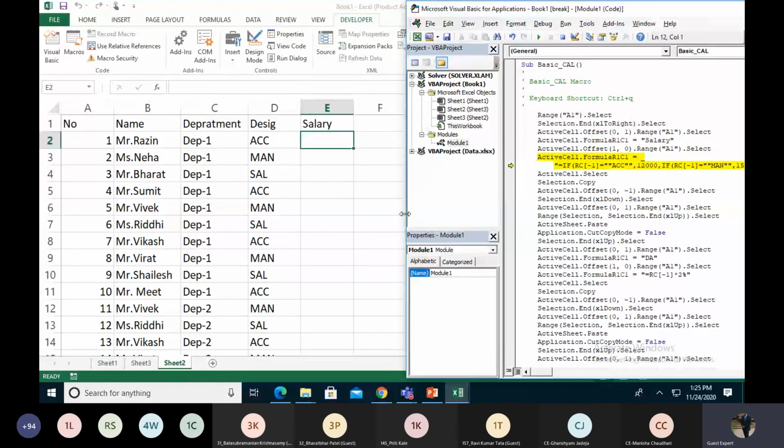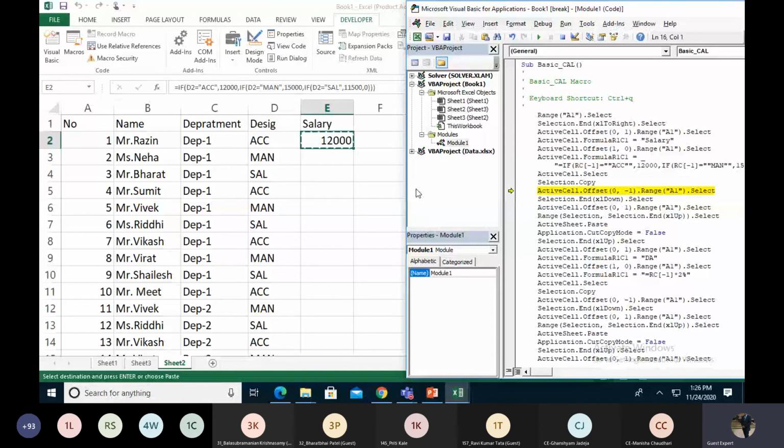Then F8. So right now we only understand the RC. That is a totally different thing, where we have to write down the formula with the C2 cell. Over here it has to write down RC-1. So what is an RC? We can also see these things. Then F8, it puts the whole formula over here. We have to see this formula: D2 is equal accountant. So if it's 12,000, if they are managers, it gives 15,000, otherwise 11,500 if they are in sales. So first of all they copy. So the task I have to do has already been repeated.